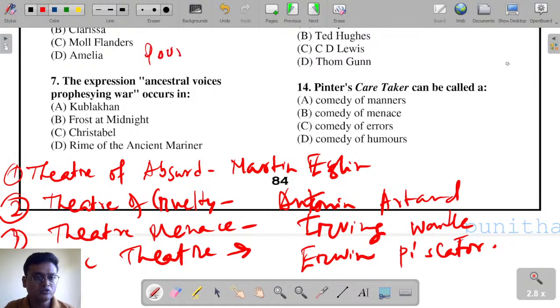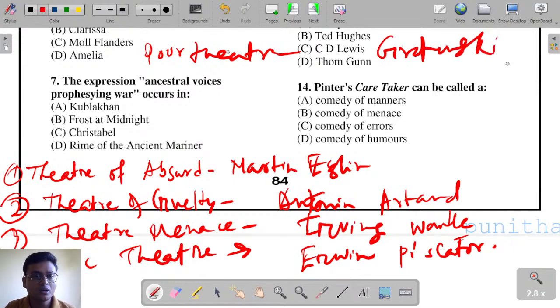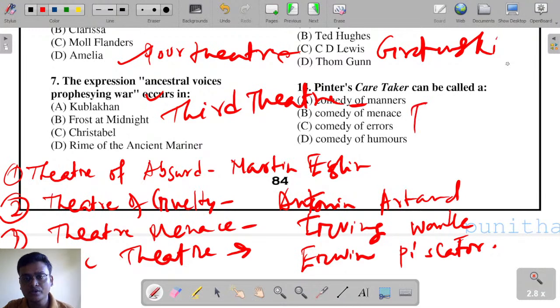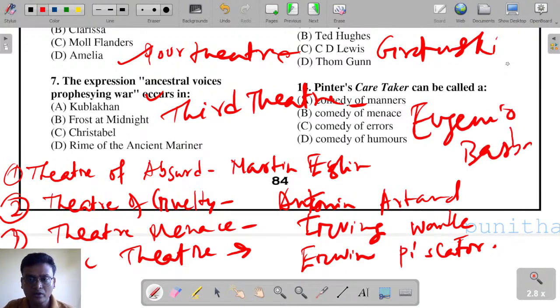Now you have Poor Theatre. Poor Theatre was coined by Grotesque. After Poor Theatre comes the Third Theatre also. Third Theatre was coined by Eugenio Barba. Now another theatre is Plastic Theatre. Plastic Theatre was coined by